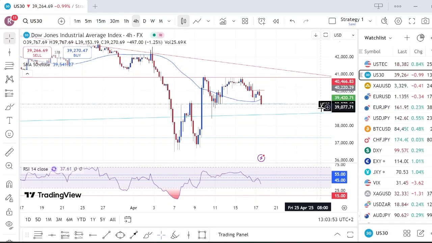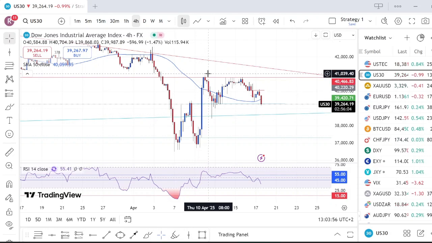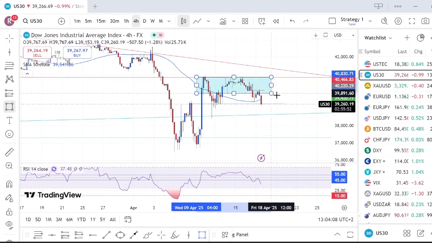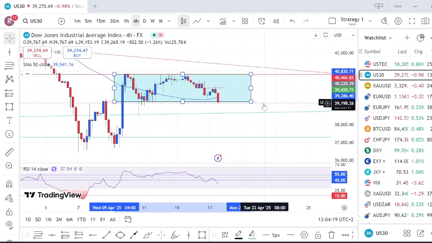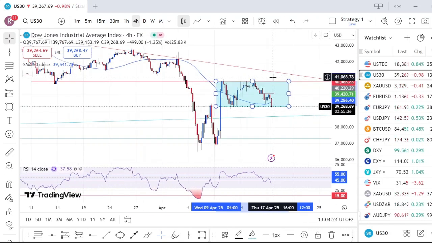39,286. So markets had a bit of a W formation over here, hit that break and retest level, came back, hit this break and retest level, and pretty much moved into a bit of a consolidative phase here between both levels of 40,830 or 40,800 and 39,300. So price is currently within that consolidative phase, thus market directionality has not yet been established, and we need to wait for further confluences to play out in the market